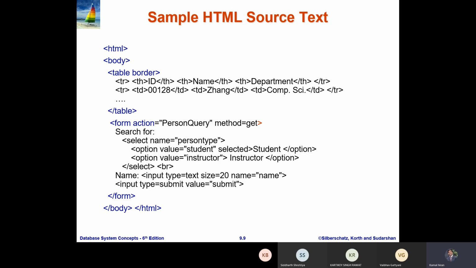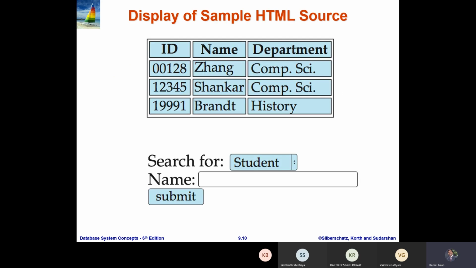So this is the very basic HTML source code for any web page design, and you can see here how it looks in the database. You can see on the front end side ID, name, HTML, name, and the department, and some values. Search for which kind of student you want to search and which department, and then once you submit, the query will go to the database, and accordingly you will get the result. What kind of student you are searching and which department you are searching, you will get the result.